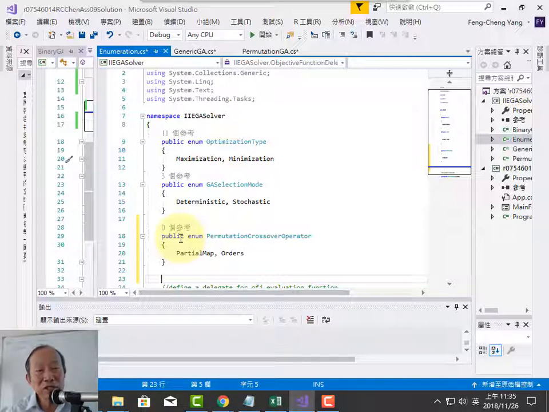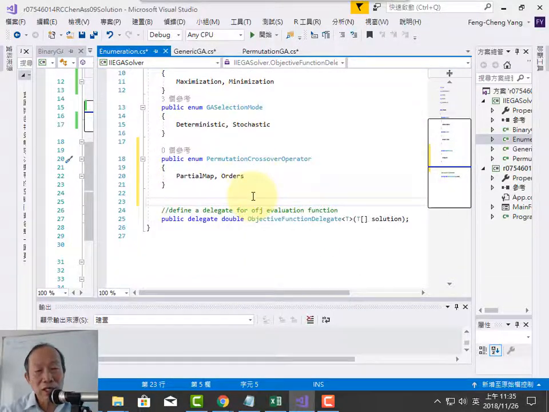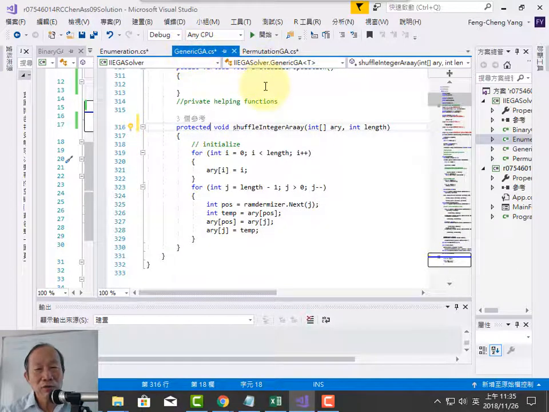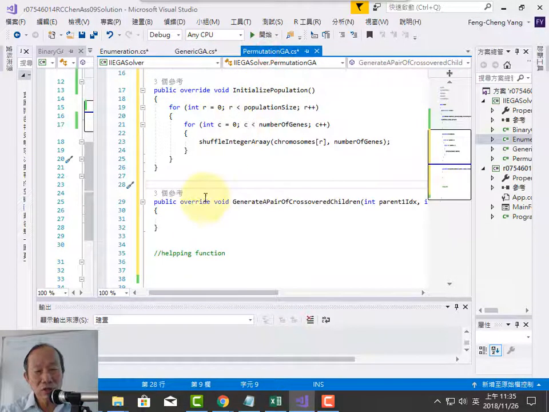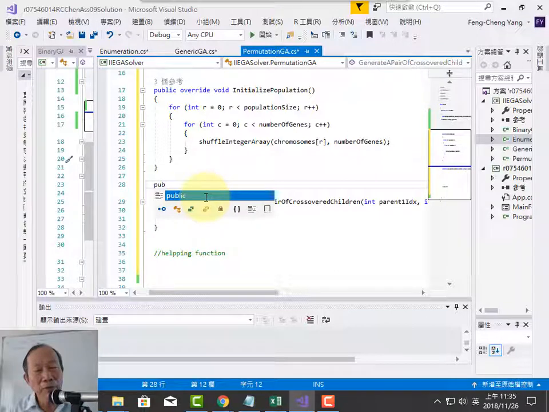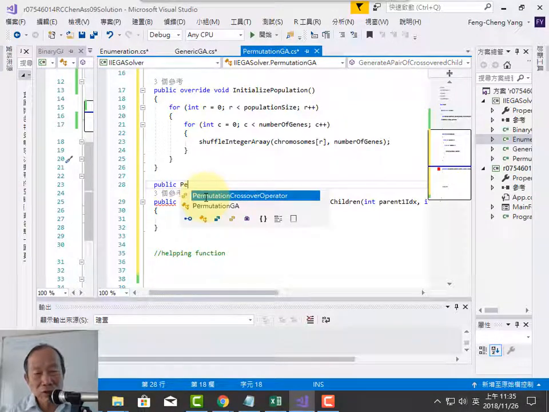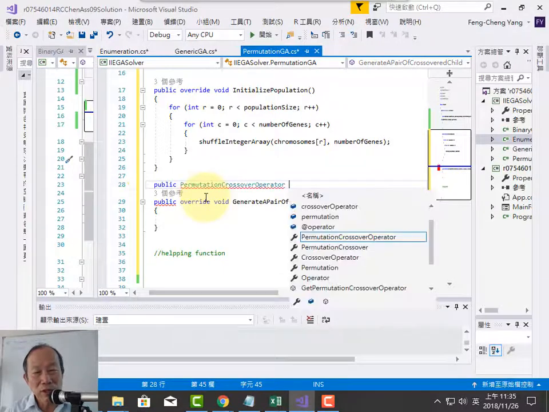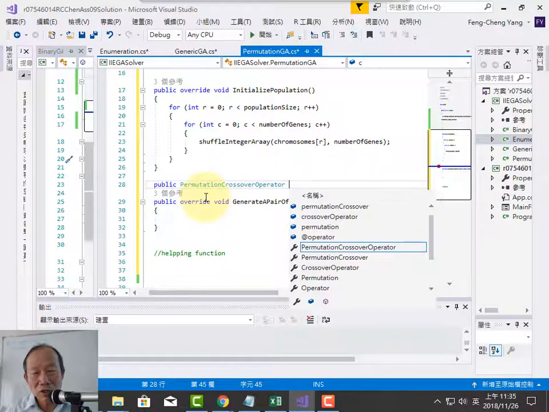But you need to spend a little more time designing the computational procedure. So, permutation crossover. Back to our permutation GA, right now we have a public property. It's called permutation GA crossover. We call it